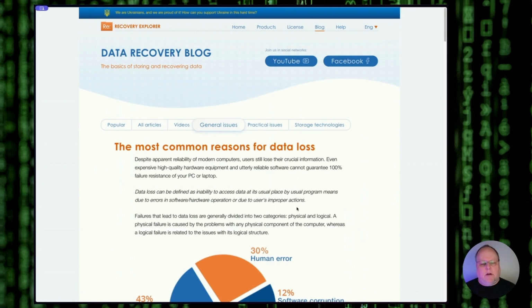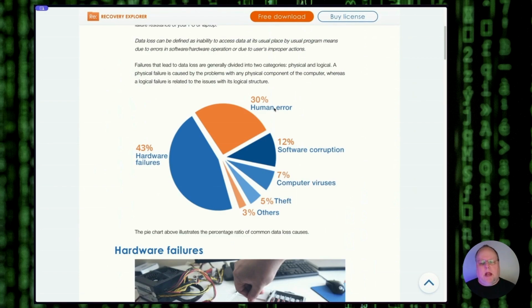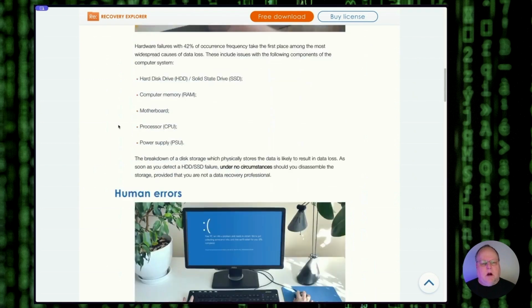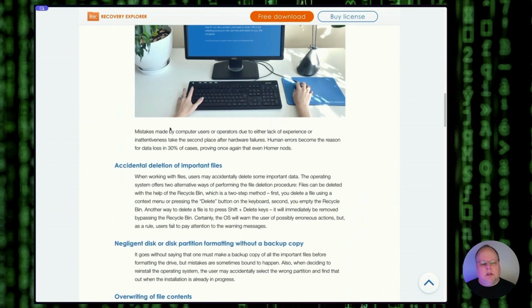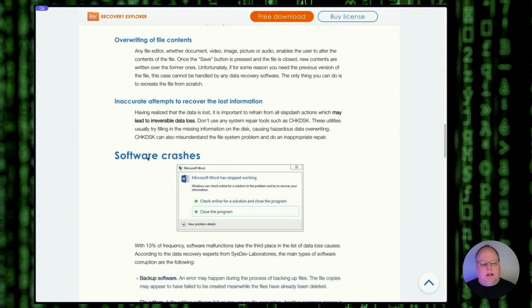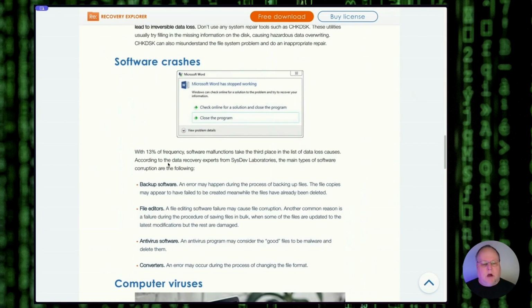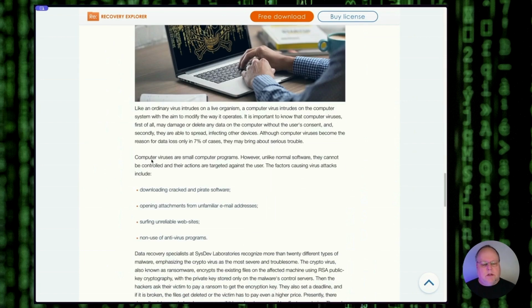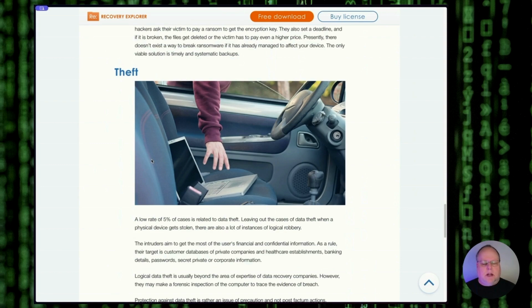This is an article I found through a Google search. It says the most common reasons for data loss: human error, software corruption, computer viruses, theft, hardware failures, and others. And it kind of briefly touches on everything here. Hardware failures, human errors, deletion of important files, overwriting of file content, software crashes over time will cause your hard drive or your data to fail. Computer viruses, of course, theft, nothing worse than getting your hard drive stolen or your laptop stolen, and other causes